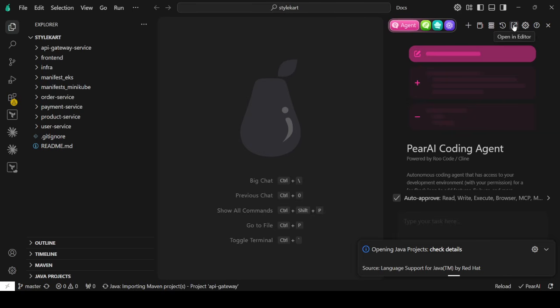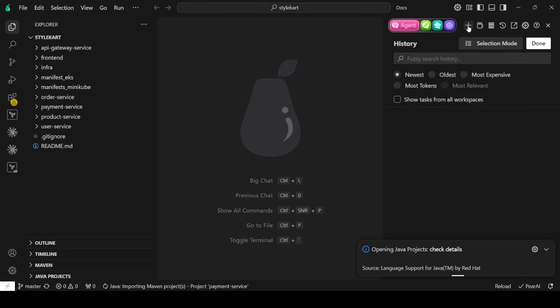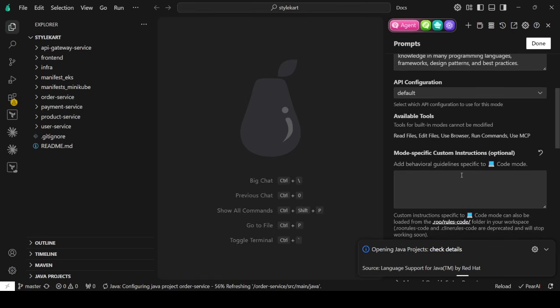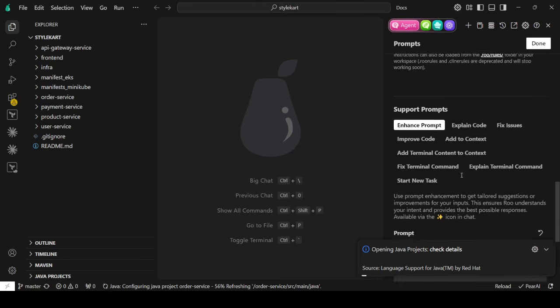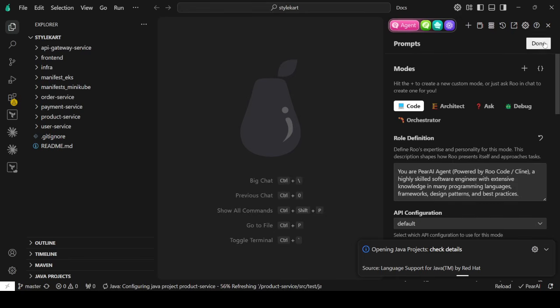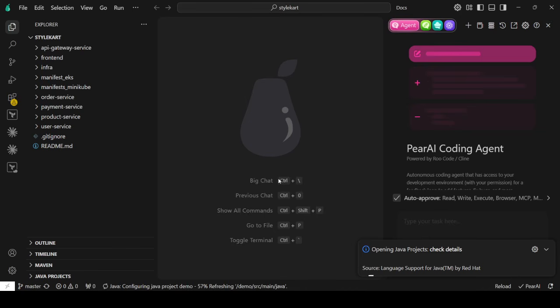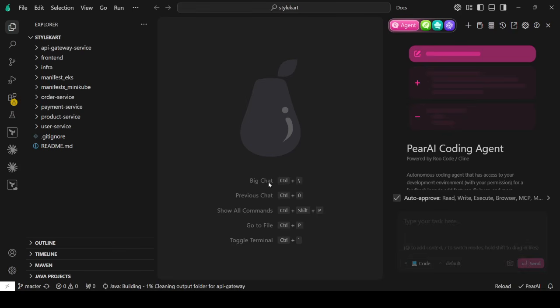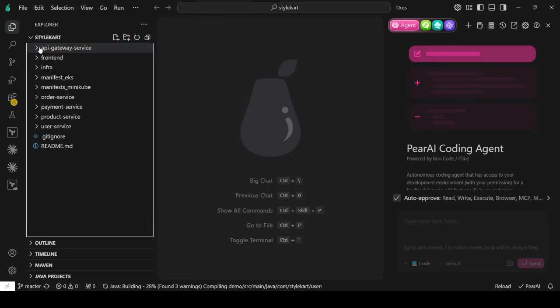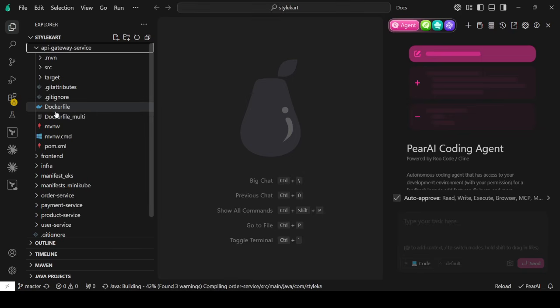What is this particular button? Open in editor. Okay, history we can see. New task prompts. Okay, you will get the prompt as well. Cool. Let's just do the done. And these are some of the shortcuts you can use. Control slash to big chat. Go to file. And if I just open any particular file,